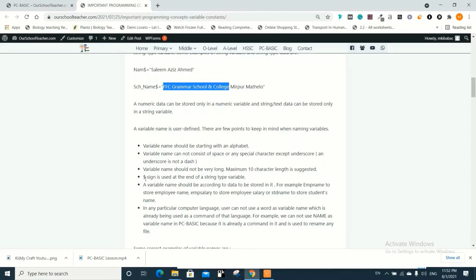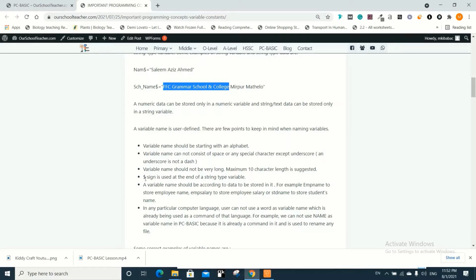String is also called text. Text may be a combination of alphabets and numbers also, but those numbers cannot be used in any calculation. While on the other hand, numeric variables can take part in calculation.